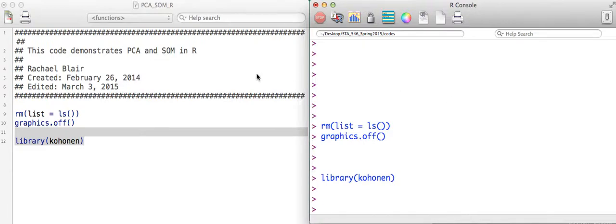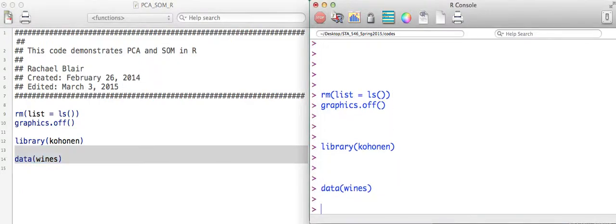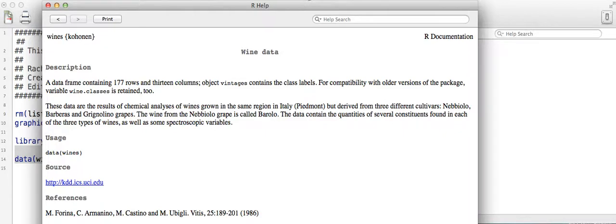Now, what we want to do here is call in some data, and the data that we're going to use is called wines. And this is a famous data set. It just so happens that it's part of many packages, but we don't have to load anything specific. Oh, actually, here it is in the Conan package. It's also part of the MMST package, which we used to use a lot. For some reason, that package has not been updated in a while. So here we are. We have a wine data set, and it has 177 types of wines, brands of wines,